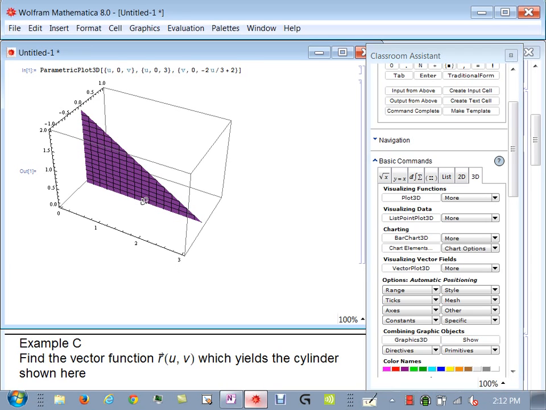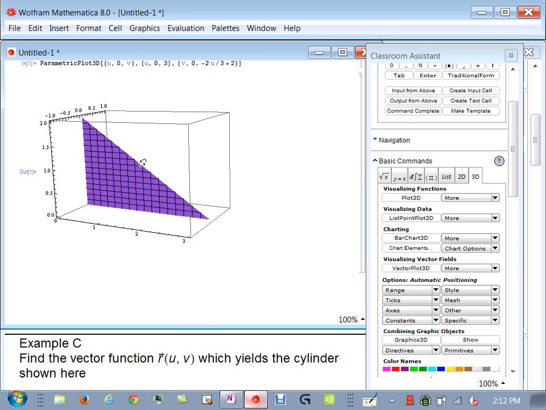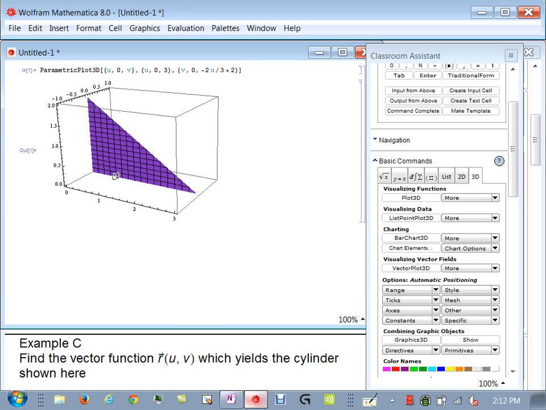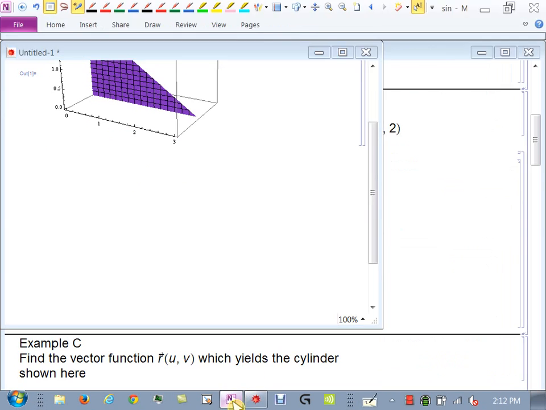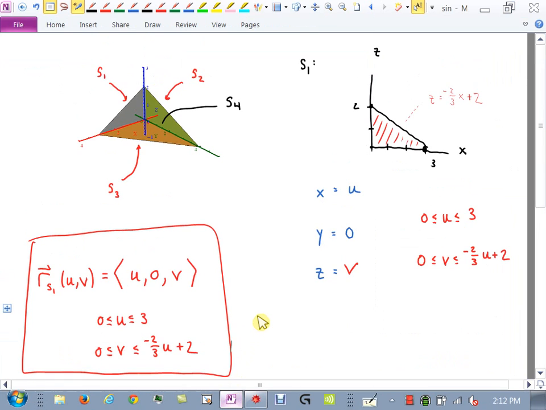Now, by default, Mathematica has certain ways that it draws the x and y axis and stuff. I don't like it, so I constantly always have to change it. But that's the way it comes in, right? So I'm going to leave that there, and then we're going to do the next one now, and we're going to confirm that it draws this tetrahedron. Questions, though? You ready for S2? S2 might go a little faster, right? So S2, if I'm going to do S2,